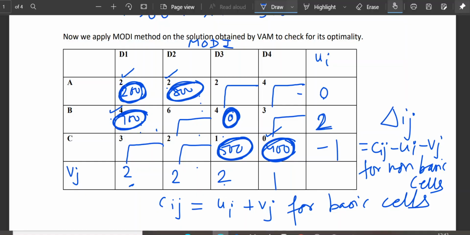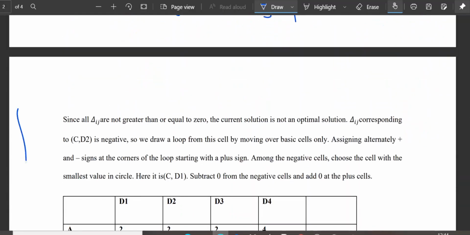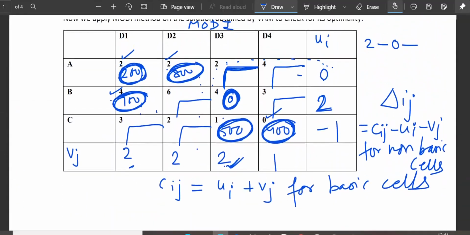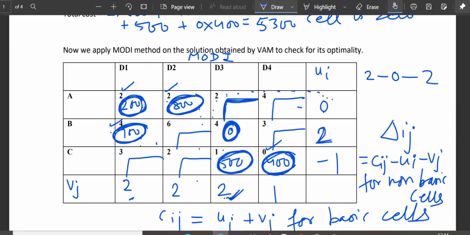See how we have to calculate delta Ij. Come to this D3 cell. Cij is 2, minus the corresponding Ui, this 0, minus the corresponding Vj, this 2. So 2 minus 0 minus 2 is 0, so I will put a 0 over here.